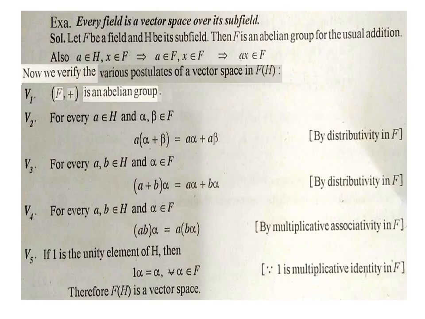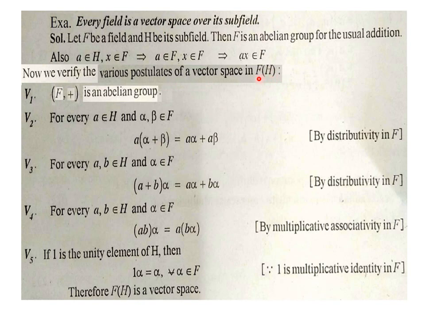Now we talk about the first example, where we have to prove that every field is a vector space over its subfield. First of all, we talk about subfield. Say if F is a field and H is a non-empty subset of F, such that H with plus and dot itself becomes a field, then H is said to be a subfield of F. Now we have to talk about two initial requirements for F over H to be a vector space, because field means F, subfield means H, so F over H is to be a vector space.